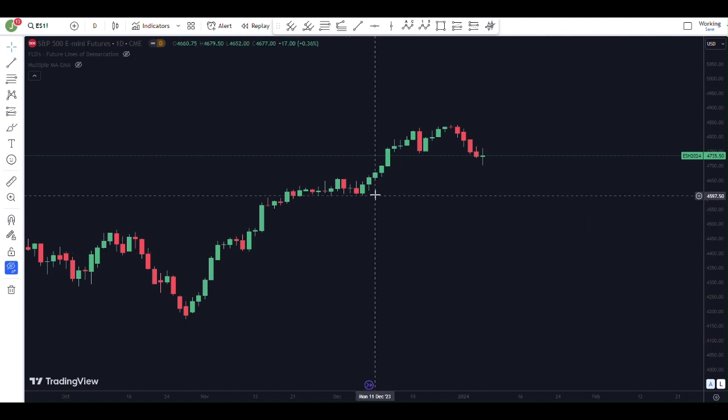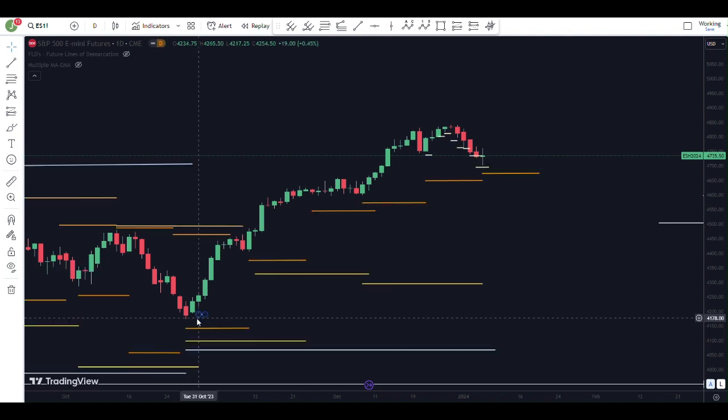This is the E-mini futures for the S&P. I'm going to unhide my drawings and we're going to look at some time cycles. This is the same chart, just with some time cycles on it. I want you to ignore these over here above. Those are for peaks. They're generally less reliable. But what's important here is this blue cycle